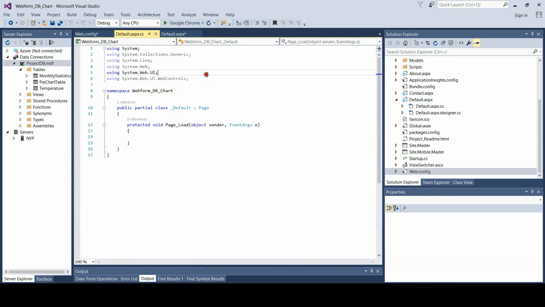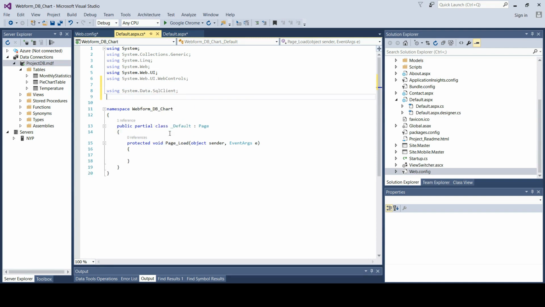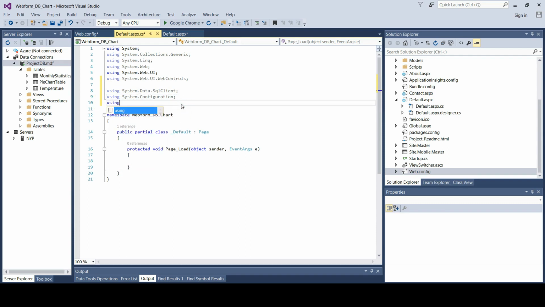So now we are ready to load up the data from the database. So we add in some namespaces: using System.Data.SqlClient, using System.Configuration, using System.Data. So these are the namespaces we require,